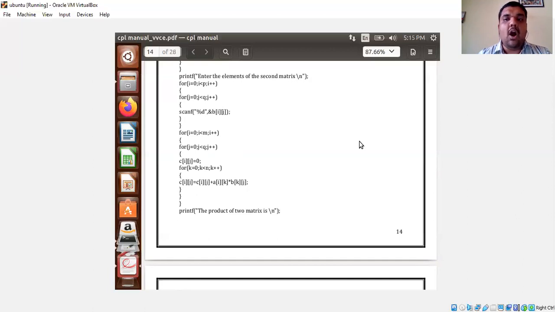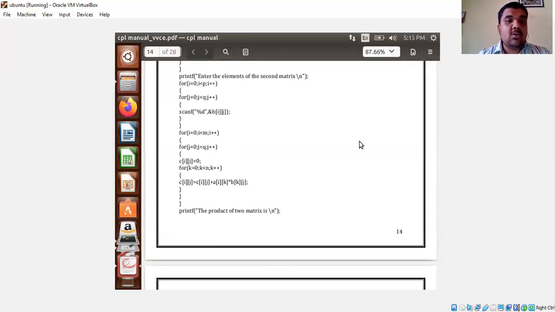That will be the order of the resultant matrix. And initialize the value of the resultant to 0. Then start with the for loop: for k is equal to 0, k less than n, k plus plus. Why have I taken k is equal to 0, k less than n, k plus plus? It means we have checked for the condition if n equal to p.